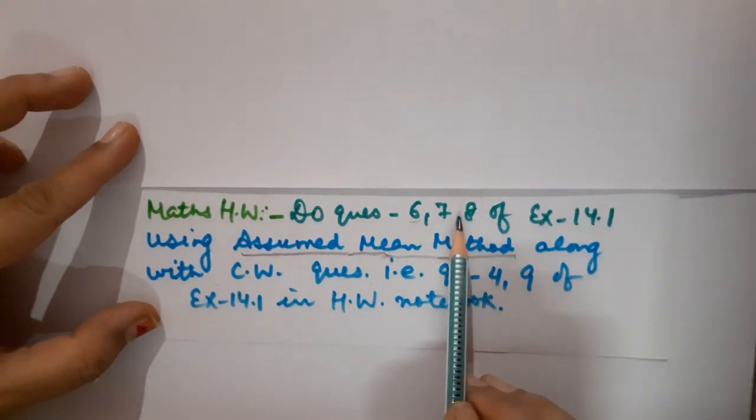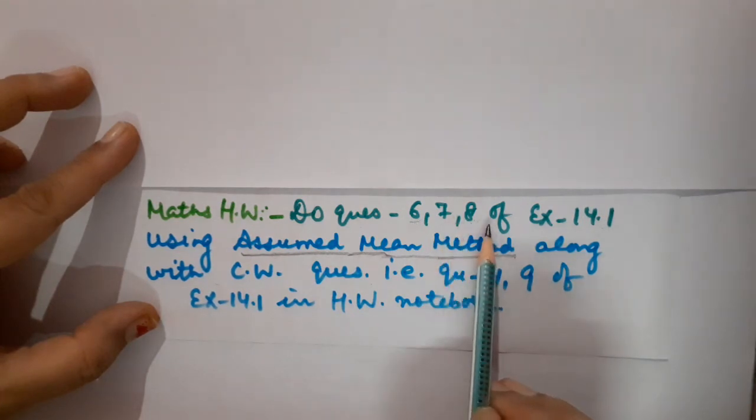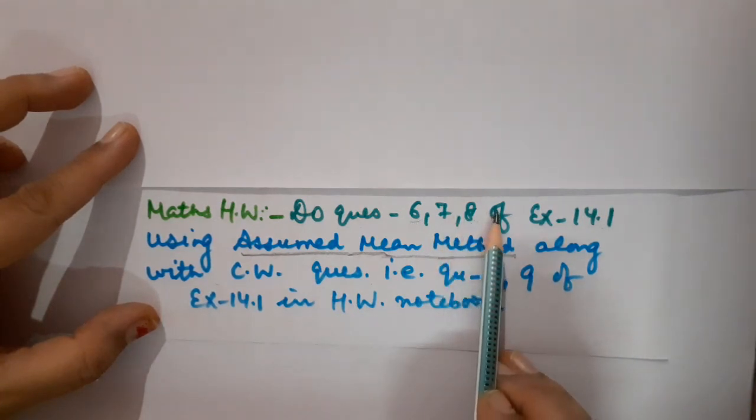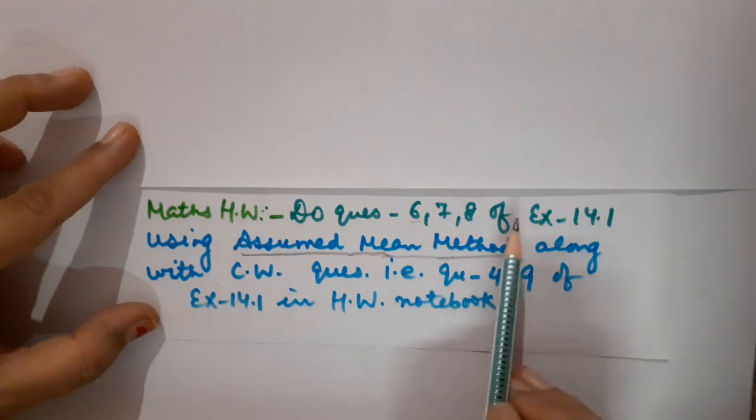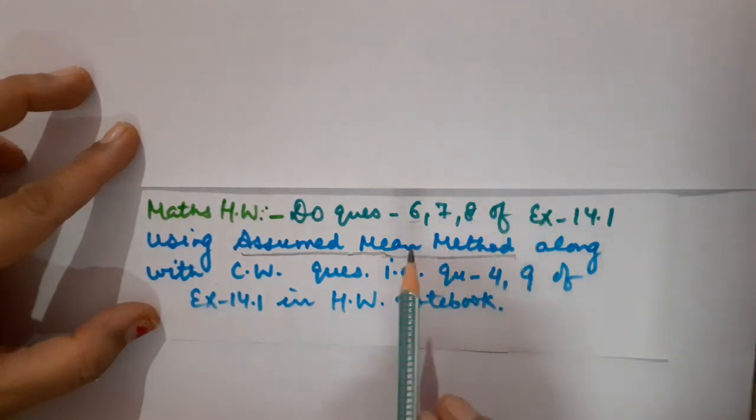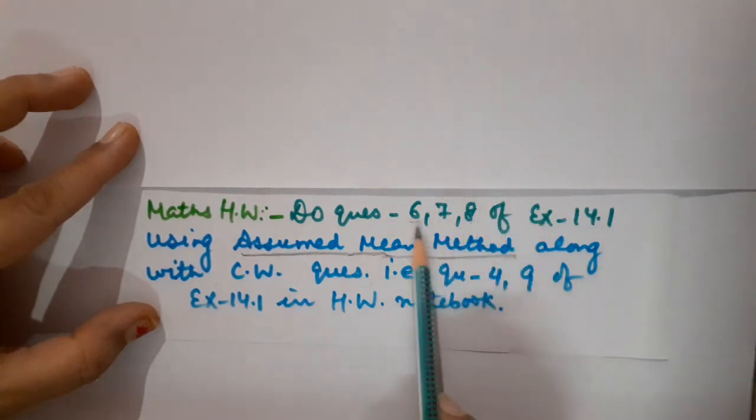Now you have to check whether you have comprehended the method or not. Fine? Because in every case you will be getting the same mean, whether you adopt direct, you adopt assumed mean, or you are going to adopt a step deviation, that is new method for you. Okay? So you will be getting the same average in every case.